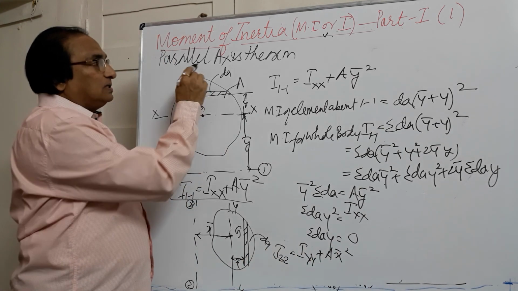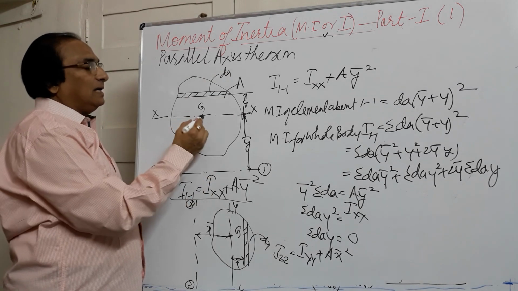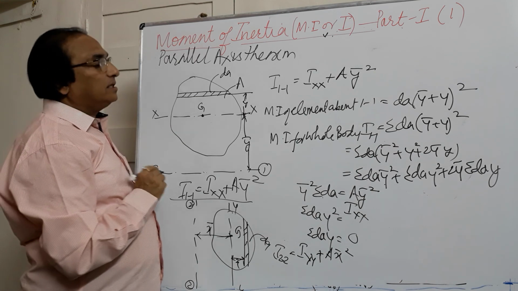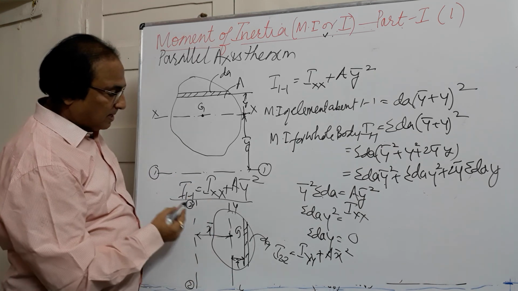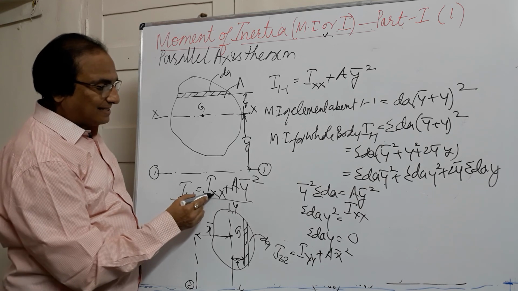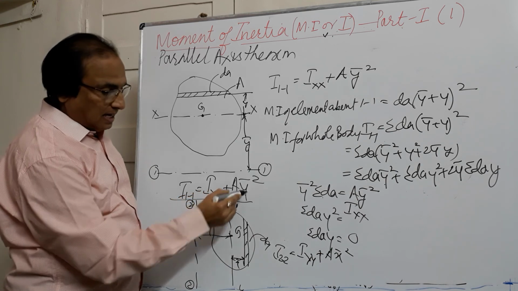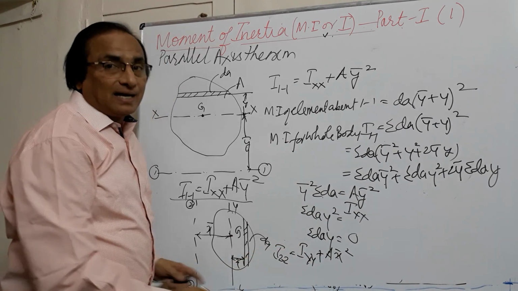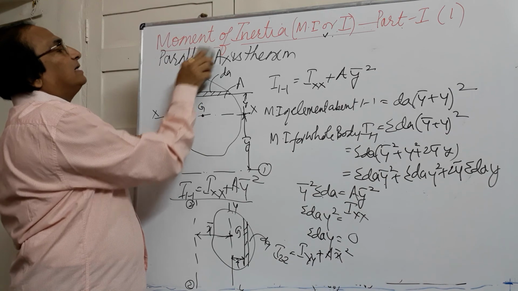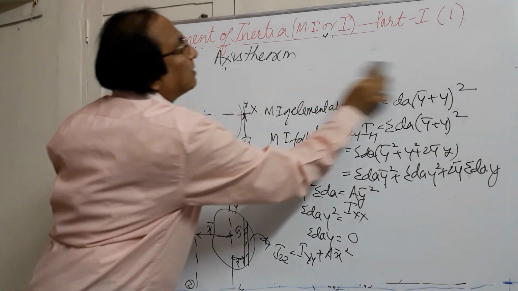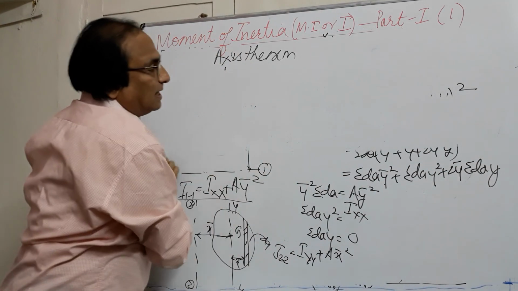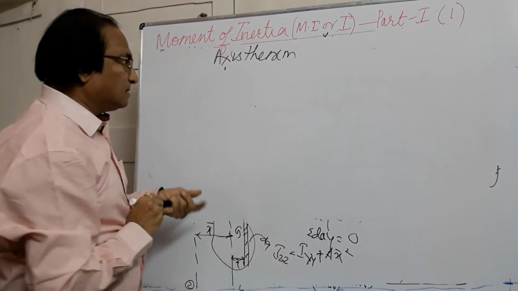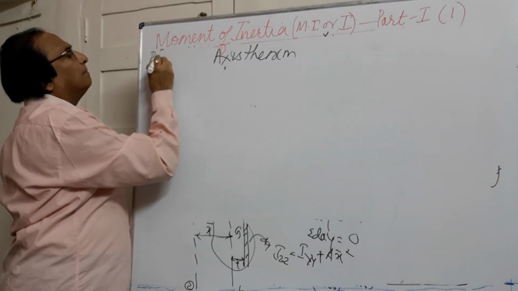We call this the parallel axis theorem because 1, xx and the strip are all parallel to each other. Remember, if 1 is horizontal and this is xx, then this is y bar, and if this is yy, this will be x bar. This is known as the parallel axis theorem. So when parallel is there, definitely we will expect perpendicular also. Next we will see the second theorem, which we call the perpendicular axis theorem.